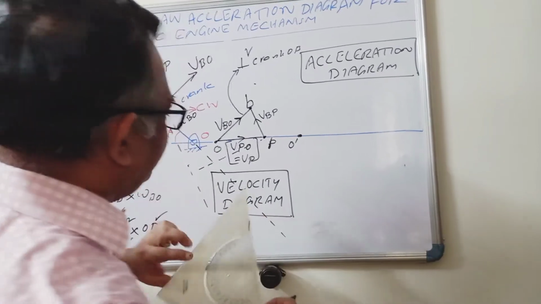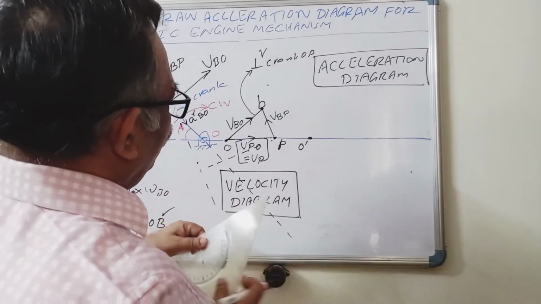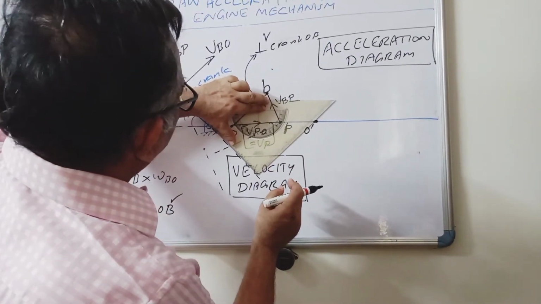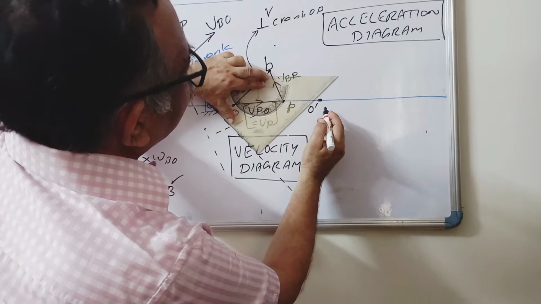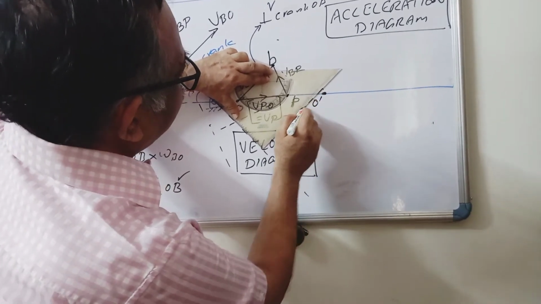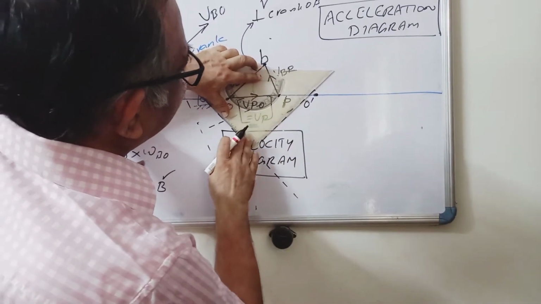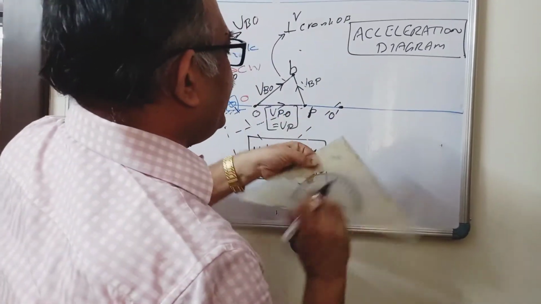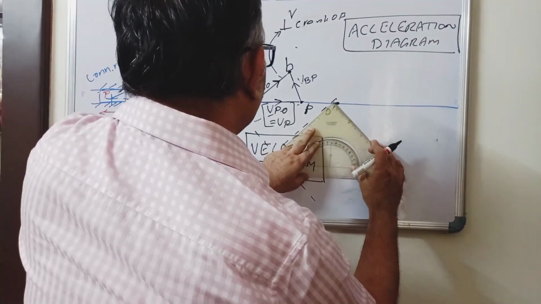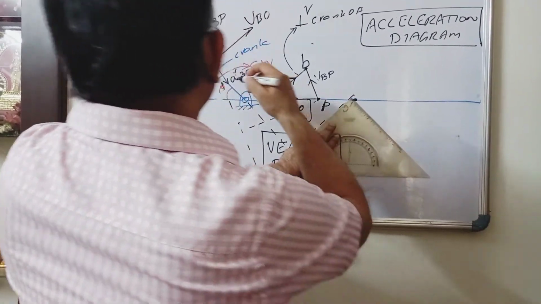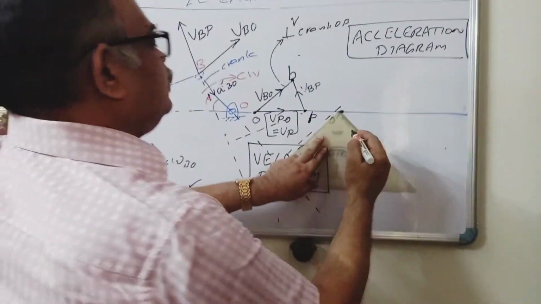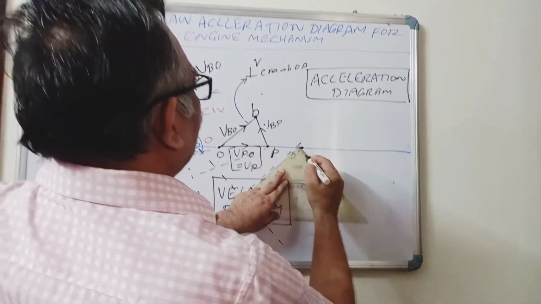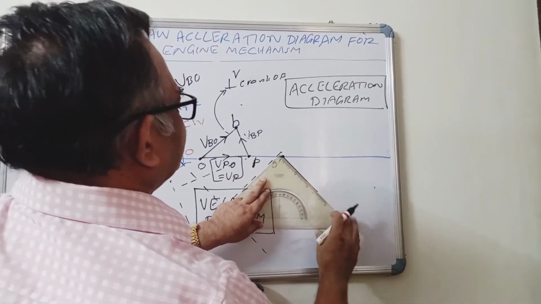We will extend the crank line like this, and we'll make a perpendicular line to this, right, like this. And if you make it coincide with this line and draw a line, see, a radial acceleration towards origin, right? So based on this, you draw a line parallel to the crank, so it will be like this, right?